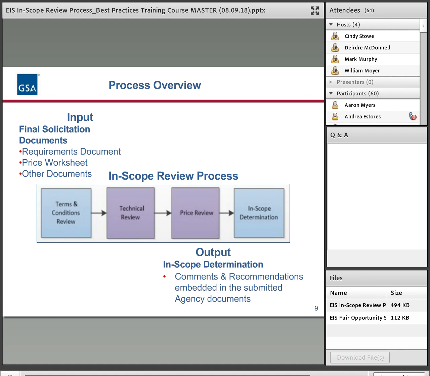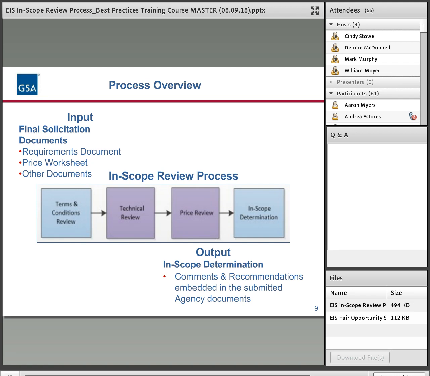Essentially in the upper left, that's where you're going to submit your solicitation and anything related, important documents related to that. So your requirements documents, price template, any other important attachments. Those will be submitted, and we'll talk about the tool that's used to submit.